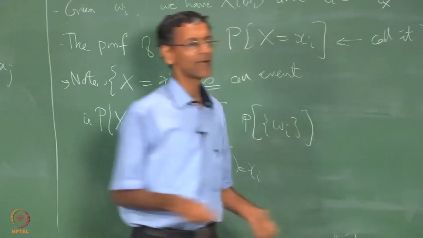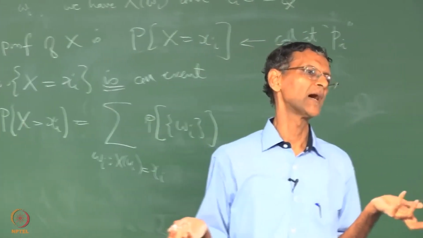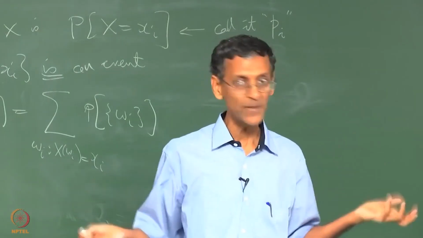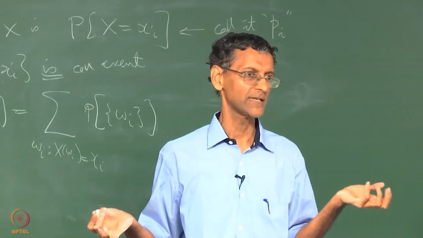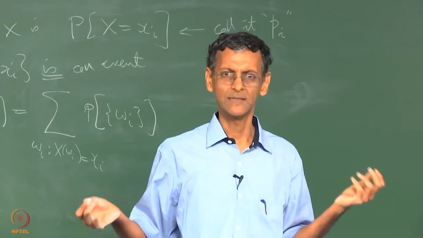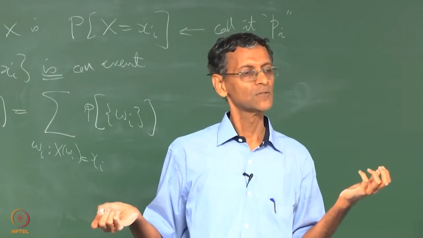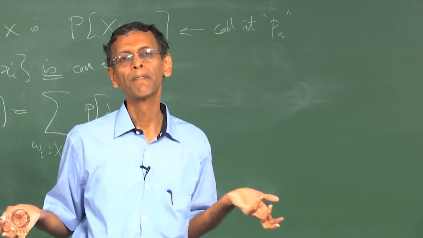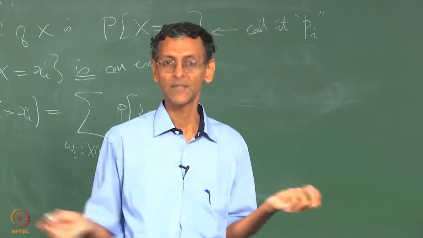When we started the whole thing, we said only one outcome can occur at any time in any trial of an experiment. So obviously the omega i's have to be disjoint. If you go back to the first or second lecture, I said they are mutually exclusive, collectively exhaustive. That is how you think of capital omega and small omega i's. If you get 3 4 on a roll of dice, you do not get 4 3, you only get 3 4. Remember, the ordering is important.